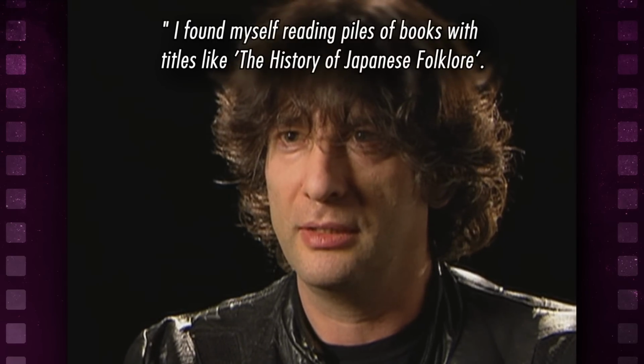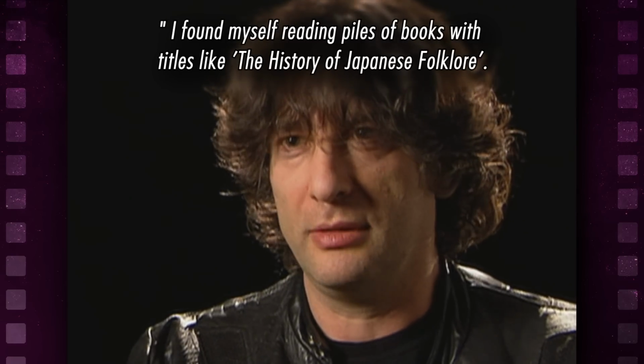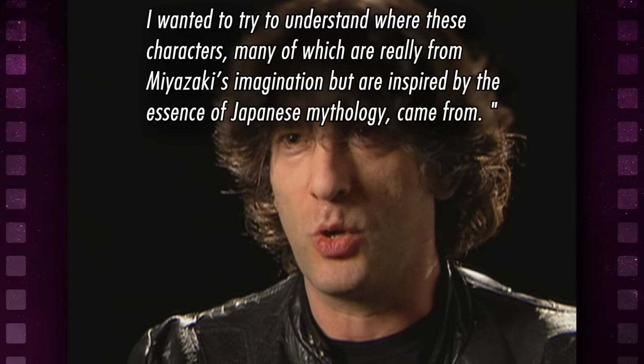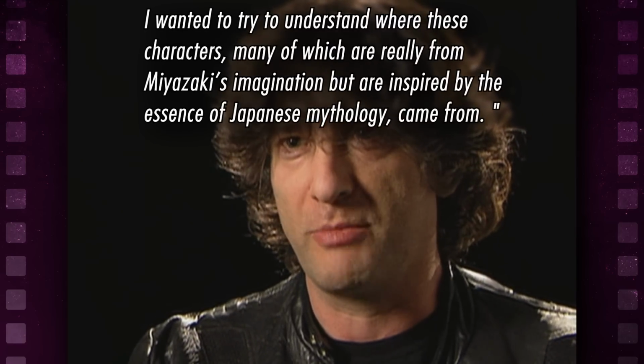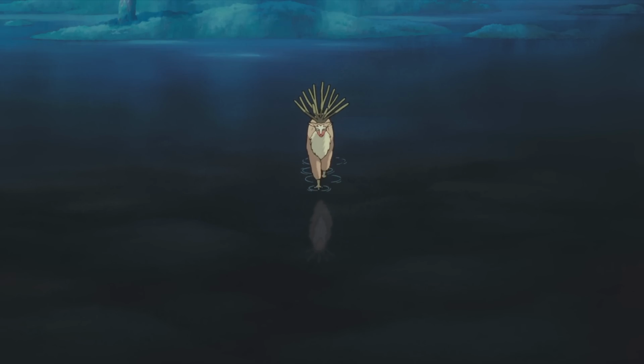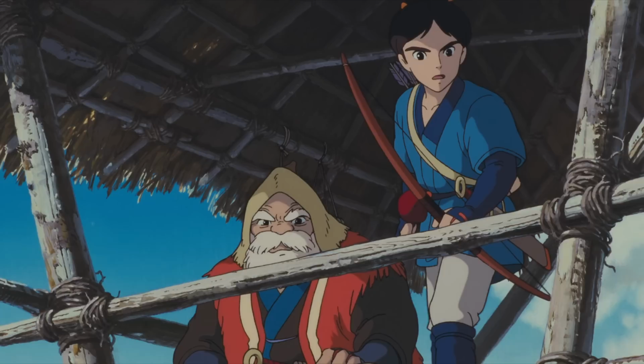Gaiman said, "I found myself reading piles of books with titles like The History of Japanese Folklore. I wanted to try to understand where these characters, many of which are really from Miyazaki's imagination but are inspired by the essence of Japanese mythology, came from." Once he completed his research, Gaiman vowed to make the film come alive for American audiences and not come across